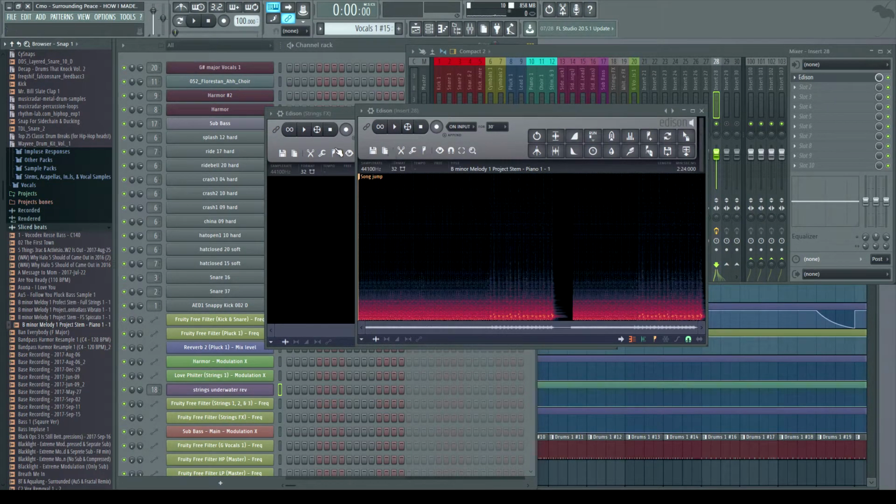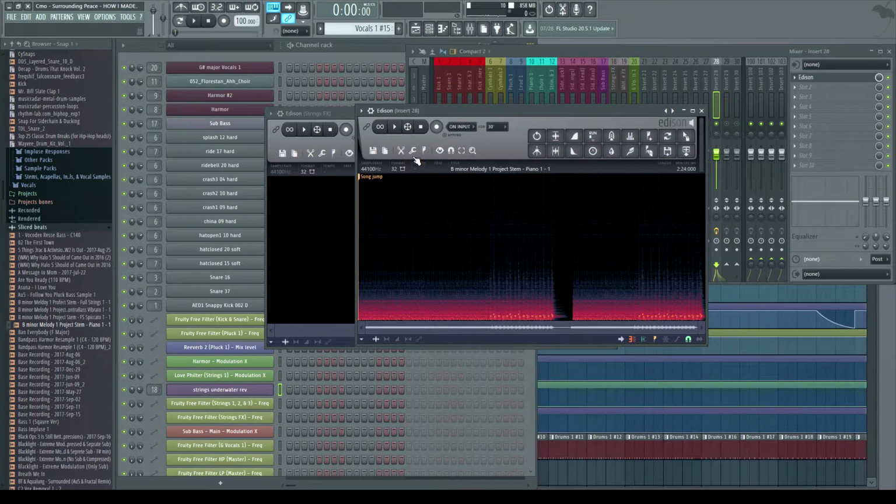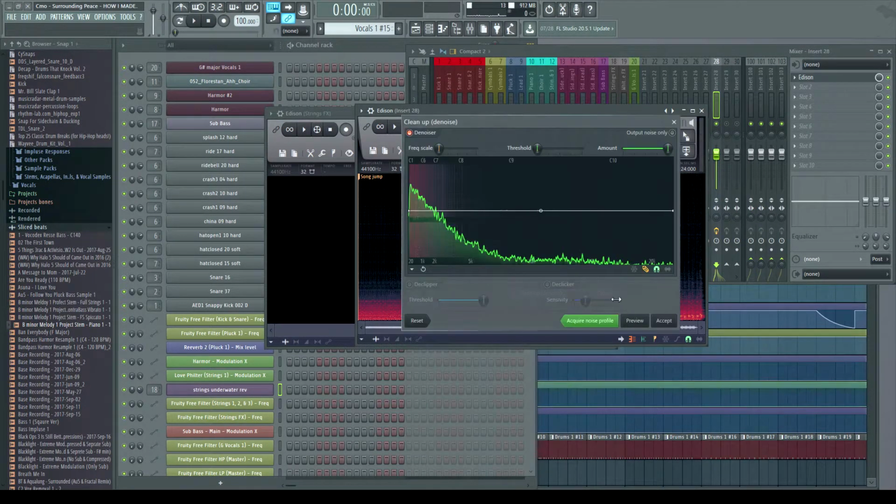So we can try it out with this real quick. This is for something that I was gonna make and have not done at all. So there you go. Acquire noise profile. Let's just do that. It's gonna take a little bit for it to do its thing, because basically this is a longer sample regardless. So now we go back. We've acquired the noise profile, clean up the noise, and preview.